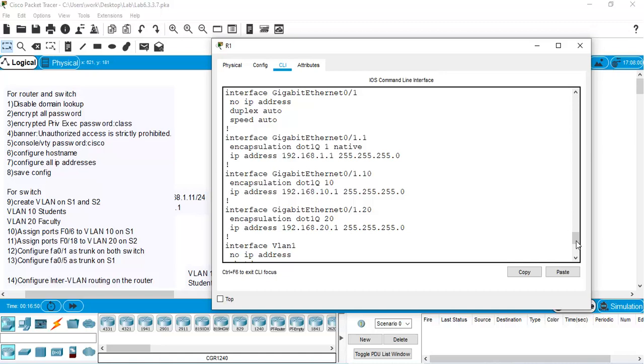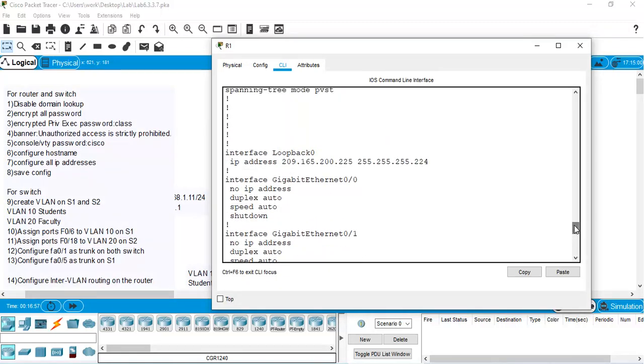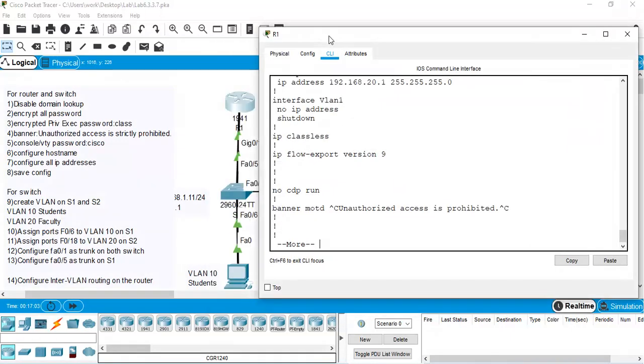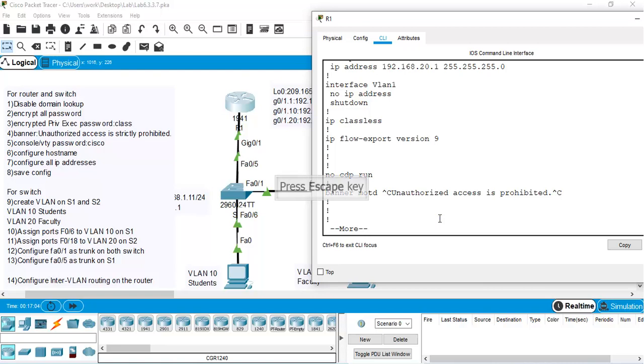So this is for VLAN 1, this is for VLAN 10, this is for VLAN 20. And we also have our loopback interface that has been configured. Last but not least, do a copy, run, start,